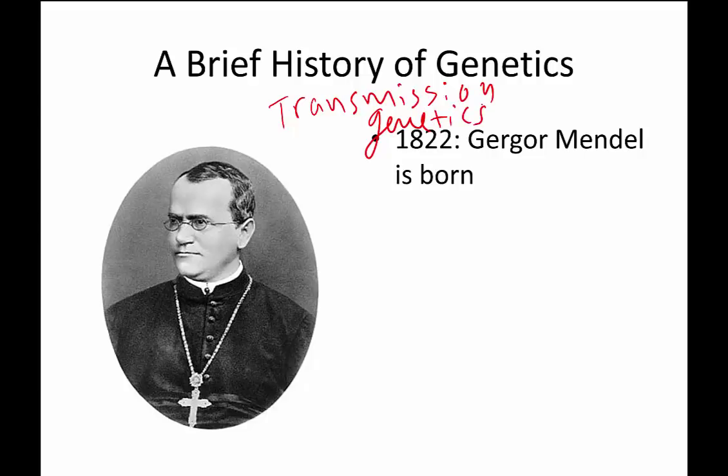So this is understanding how genes or traits go from generation to generation. Gregor Mendel, if you can tell from the cross, was actually a monk. However, in his free time, he did spend time gardening, and this led to his understanding of how genetics works, or at least transmission genetics. And this was outstanding because he didn't know anything about DNA, so nobody knew anything about that at this point. It was just through breeding and breeding of these pea plants that he understood exactly how traits pass from